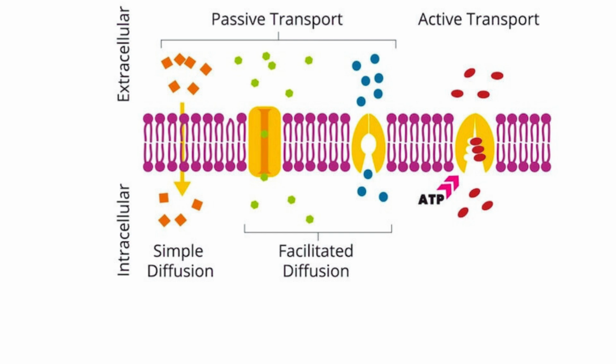Overall summary of the diagram: passive transport, simple diffusion, and facilitated diffusion. Molecules move from high to low concentration without the use of energy. Active transport. Molecules move from low to high concentration with the use of energy, ATP. Cell membrane role. The cell membrane acts as a selective barrier, allowing certain molecules to pass through via these different transport mechanisms, thus regulating the internal